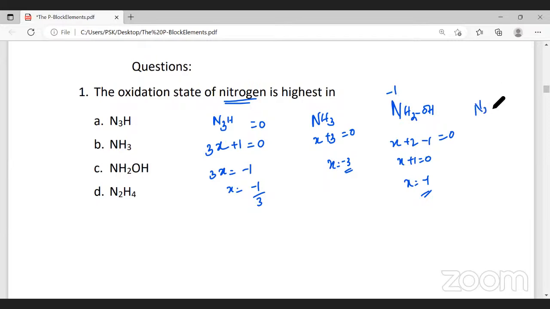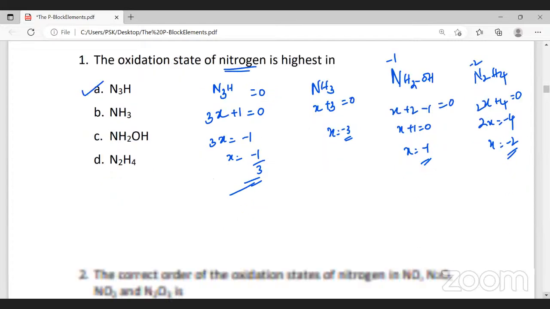The next is hydrazine, N2H4. As a whole, the charge is 0. Hydrogen valency, we know it is +1 into 4, it's +4. And nitrogen, we don't know, X. Since we have 2 nitrogen, 2X. So 2X will be equal to -4, X will be equal to -2. The question is, the oxidation state of nitrogen is highest. Which is highest here? The highest amongst these is -1/3. So hence the answer for this question is option A,